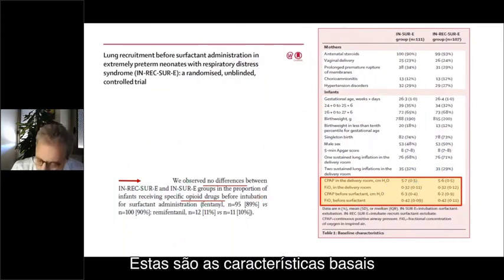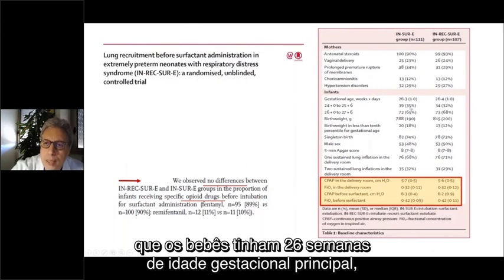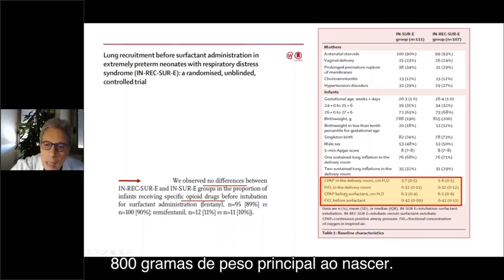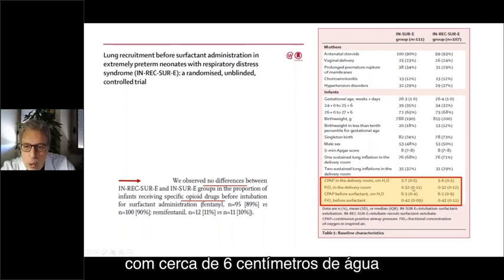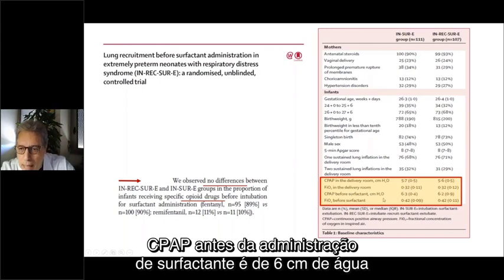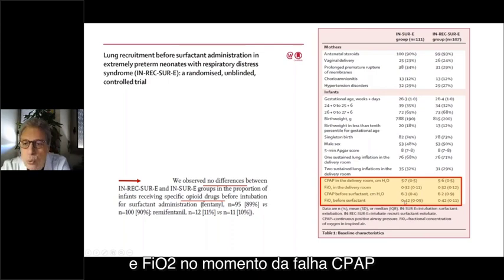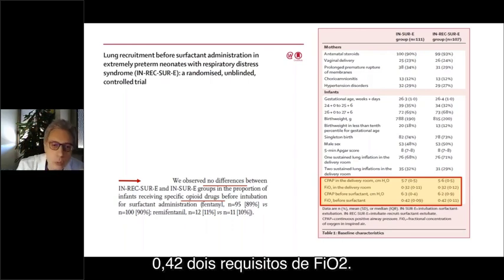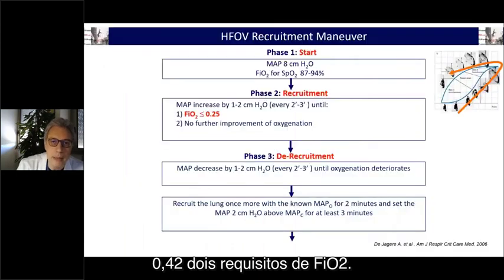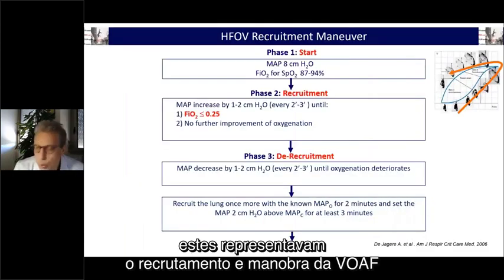These are the baseline characteristics. The babies were 26 weeks of mean gestational age, 800 grams of mean birth weight. They were equally managed in the delivery room with about 6 centimeters of water, 30% of FiO2. CPAP before surfactant administration was 6 centimeters of water, and the FiO2 at the moment of CPAP failure was pretty much the same in the two groups, 0.42 FiO2 requirement. These represent the HFO recruitment maneuver,